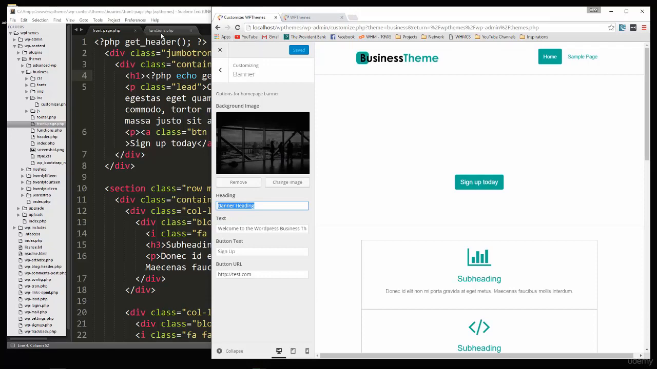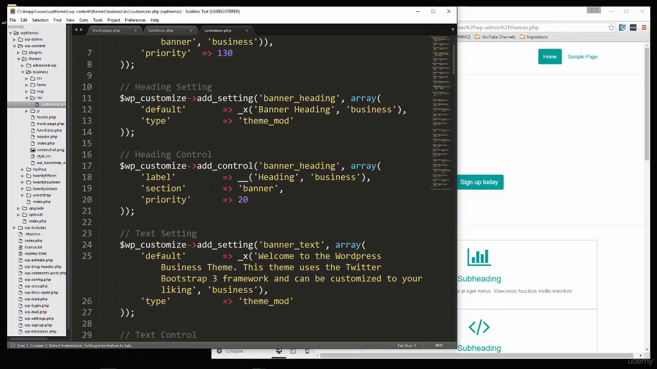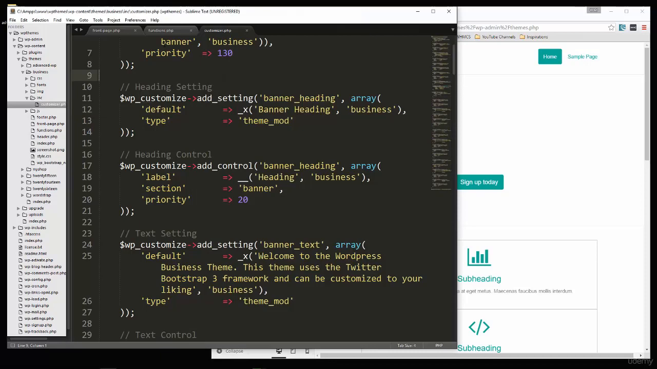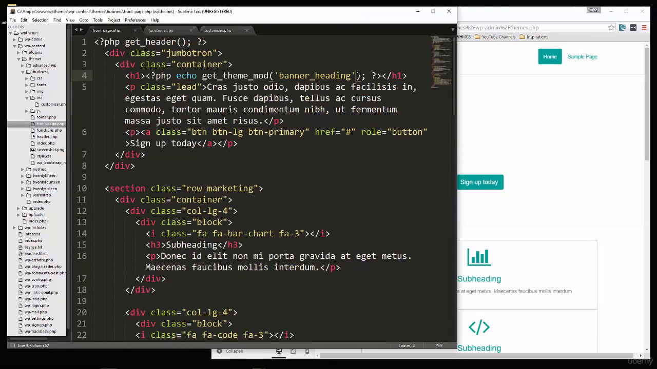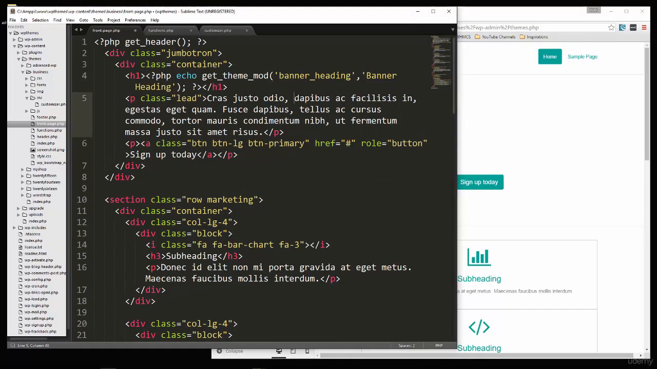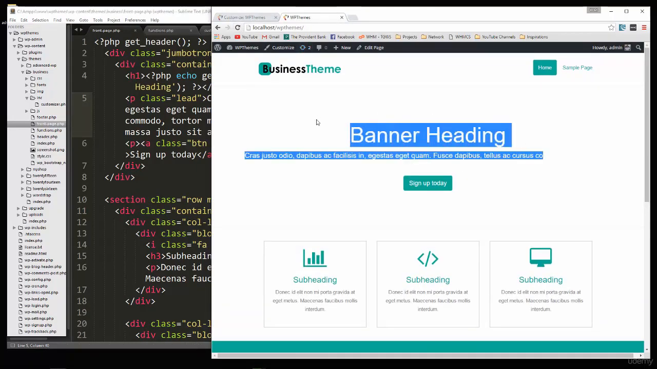Now the reason for that is, even though we put a default, let's take a look at Customizer, and we did put a default value of banner heading. All this default is for the back end. So this here, that's where this text is coming from. It doesn't provide a default for the front end. To provide a default for the front end, we just have to add a second parameter. So we could just go in here and say banner heading, save it and reload,